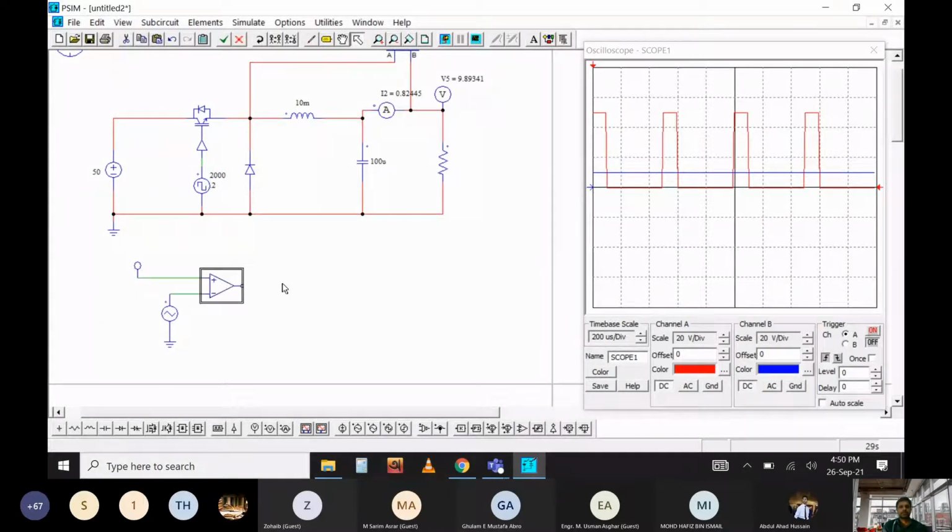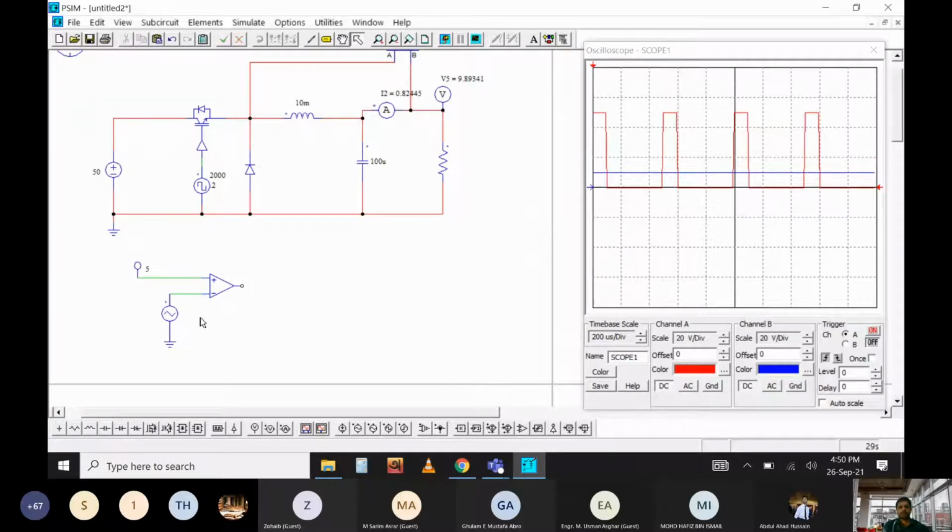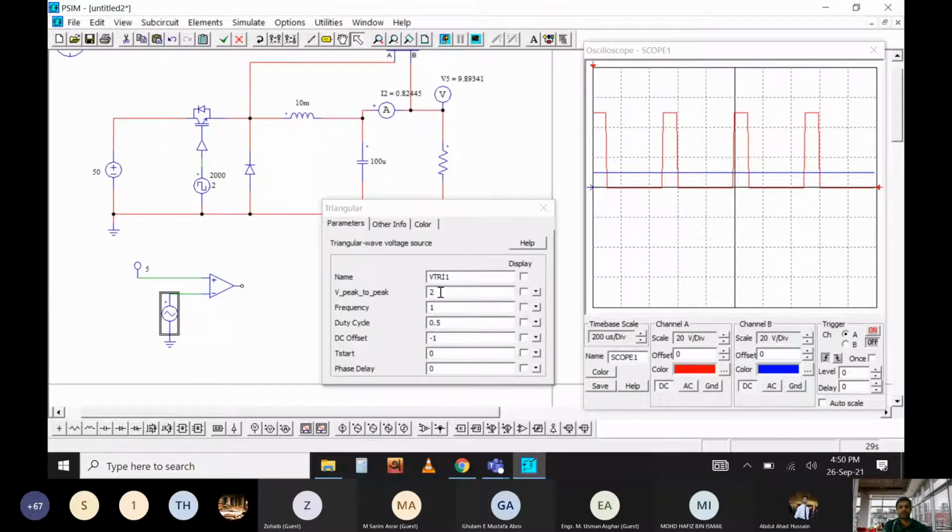What it will do is compare this DC voltage, and for this triangular wave we can simply put the peak-to-peak magnitude, which should be a maximum of 10.